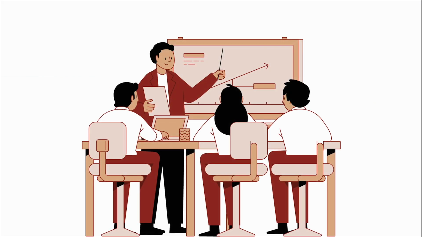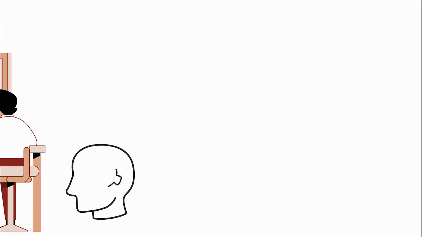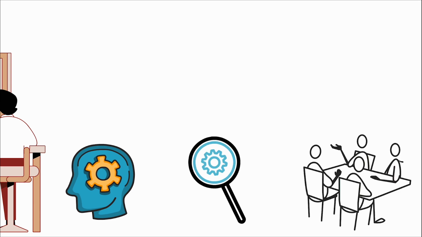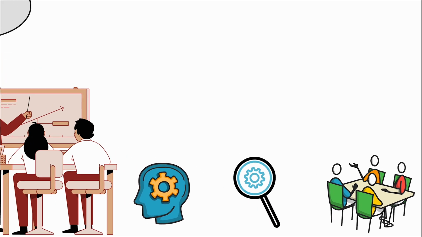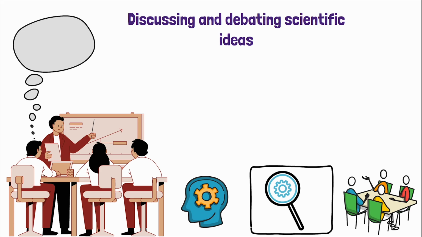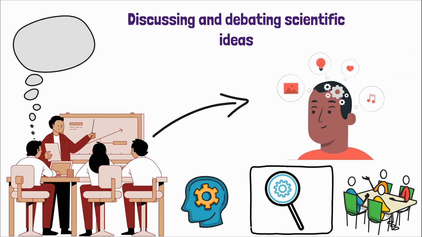When students are engaged in argumentation, they should be able to decide which of two explanations is better supported by evidence, use logical reasoning in presentations, identify claims and support them with evidence, and collaborate with peers to find the best explanation or solution. Argumentation involves discussing and debating scientific ideas, using evidence to support claims and reasoning logically, which helps students develop critical thinking skills and understand the nature of scientific inquiry.